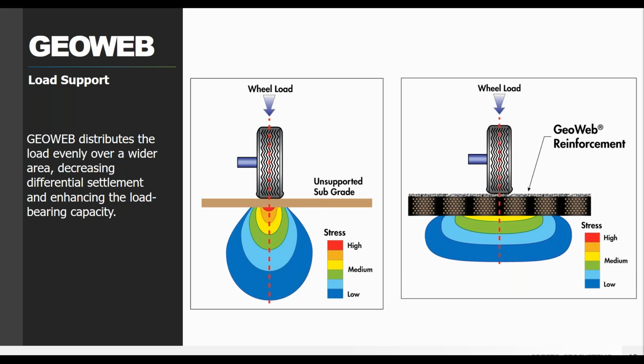And so the mattress effect really reduces the stress that's reaching the subgrade and leads to a significant decrease in the deflection and rutting that's caused by continual vehicle tires. So it's creating a system where you're not going to get ruts and you're not going to have sunken drive lanes. You're going to have a sort of floating mattress with the GeoWeb system holding everything in place, supporting your vehicle loads.